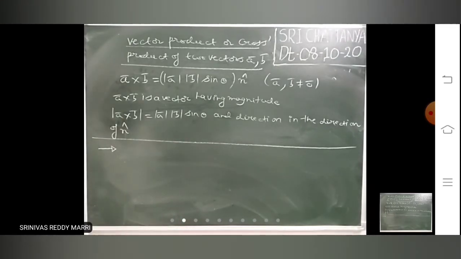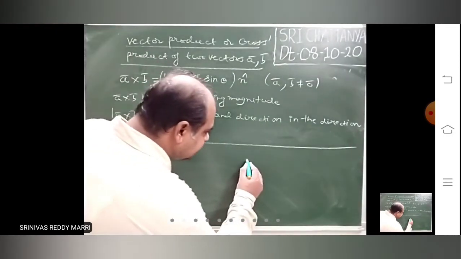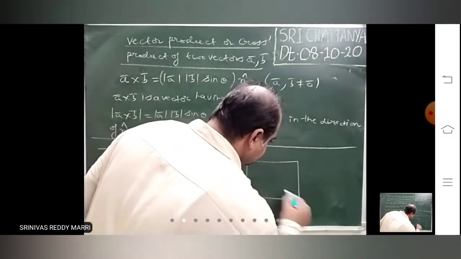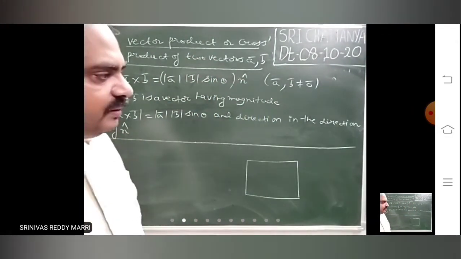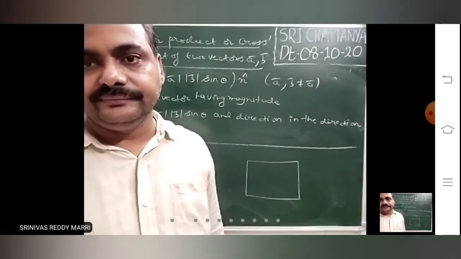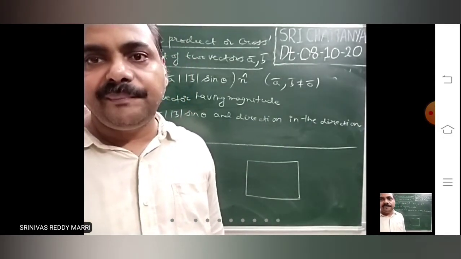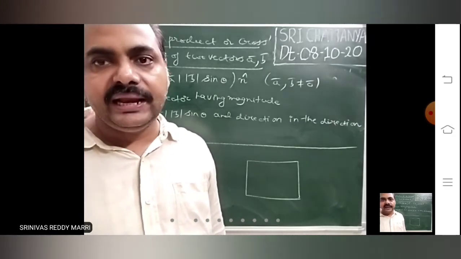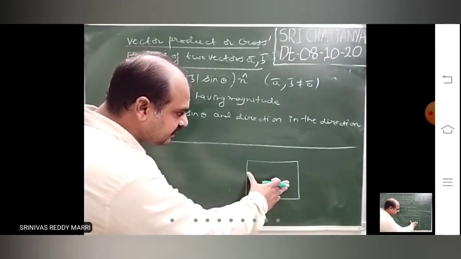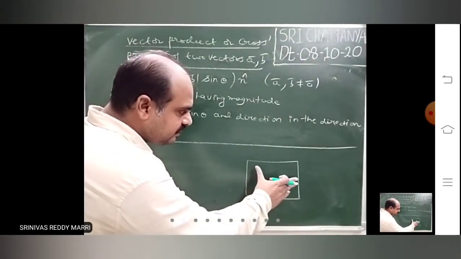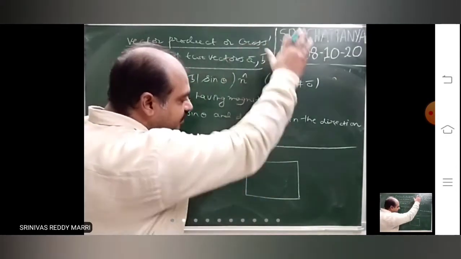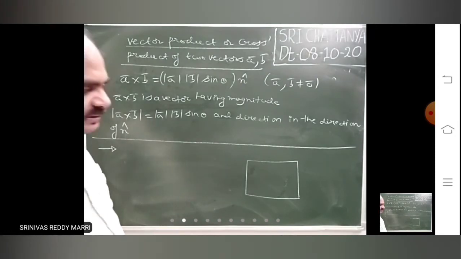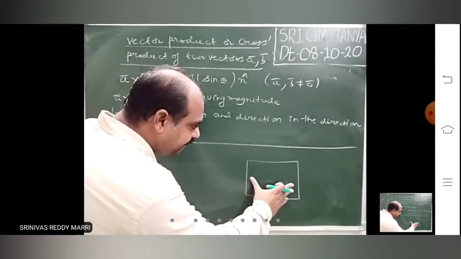Always, plane means, from now onwards, I am drawing a rectangle like that. Plane means always assume the paper you are writing on, one page. Always you assume plane as that. So this is my plane, my paper. Or otherwise the board is my plane. Your plane is your paper. So let us say this is the plane.